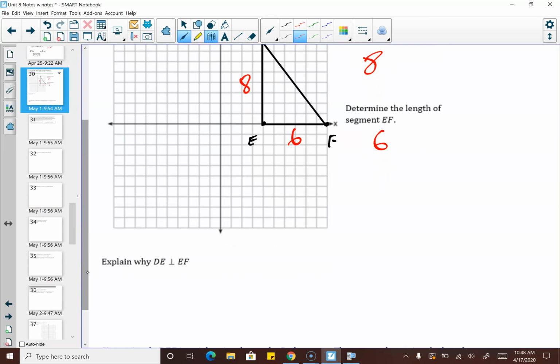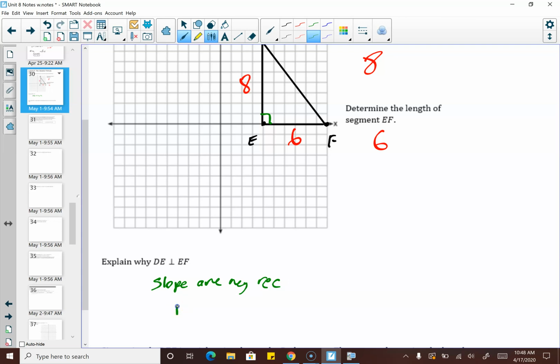If we look at the next part, explain why DE is perpendicular to EF. So basically, why is there a right angle here? Well, remember what it means to be perpendicular. The slopes are negative reciprocals. Now you might just look at it and go, horizontal and vertical lines are always perpendicular, which is true. But if we want to explain it through our slopes that we talked about earlier in the unit, then we